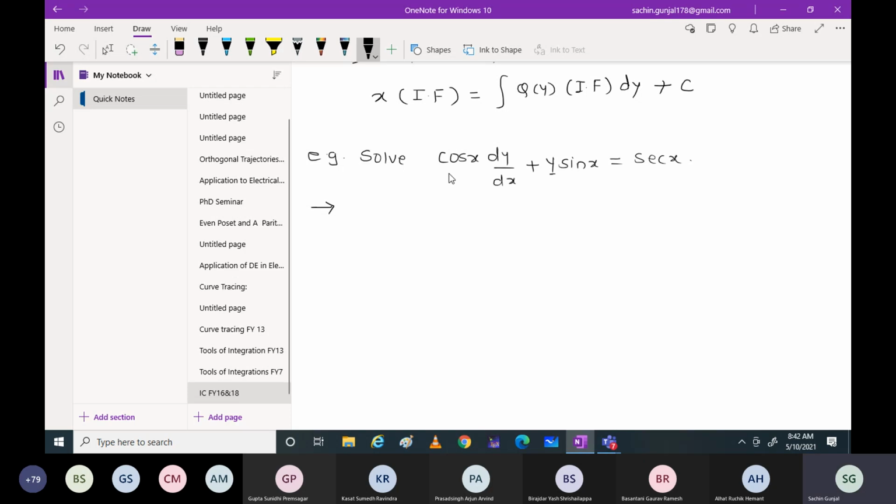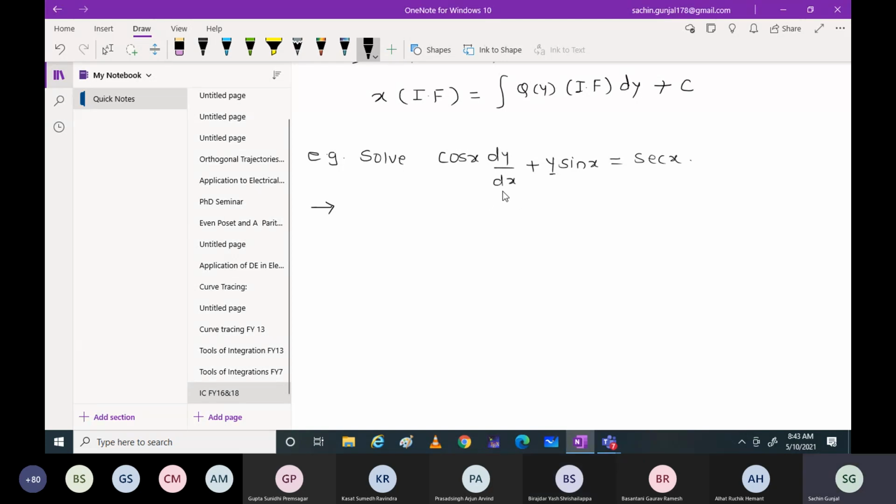Yes. I want an answer from you people. Sir, we can apply rule number 3 there. Correct. So hereby, you can solve a linear differential equation by two methods. One is by rule number 3 in integrating factor, and the second is the method we discussed just now. Is that clear? Yes, sir.